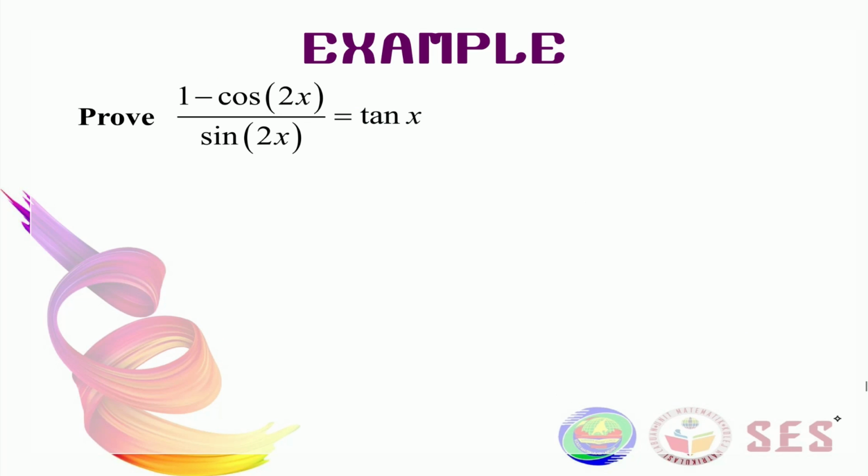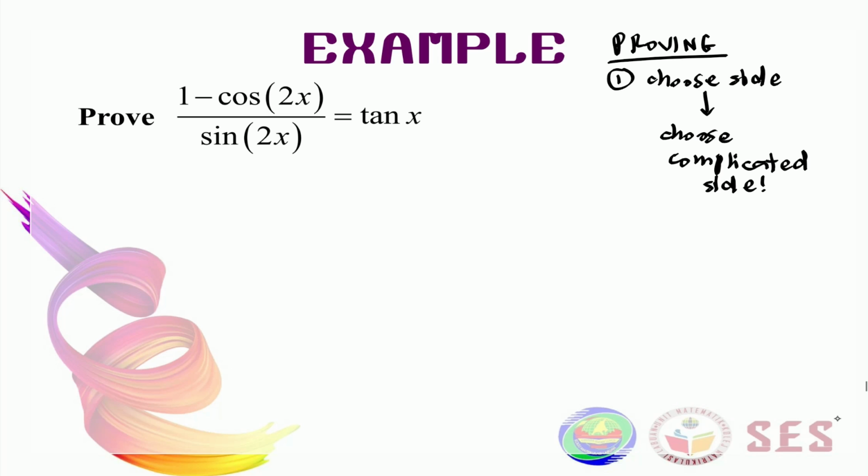So let's see another example by using this formula in proving questions. We've done a bit of proving when we were discussing trigo identities. And as I said in that video, to answer a proving question, we need to choose the more complicated side to start our proving and then work towards the other side. Between these two sides here, the left hand side is much more complicated than the right hand side. So I'm going to start the proving with the left hand side here. Our goal is to prove this left hand side to be equal to this right hand side.